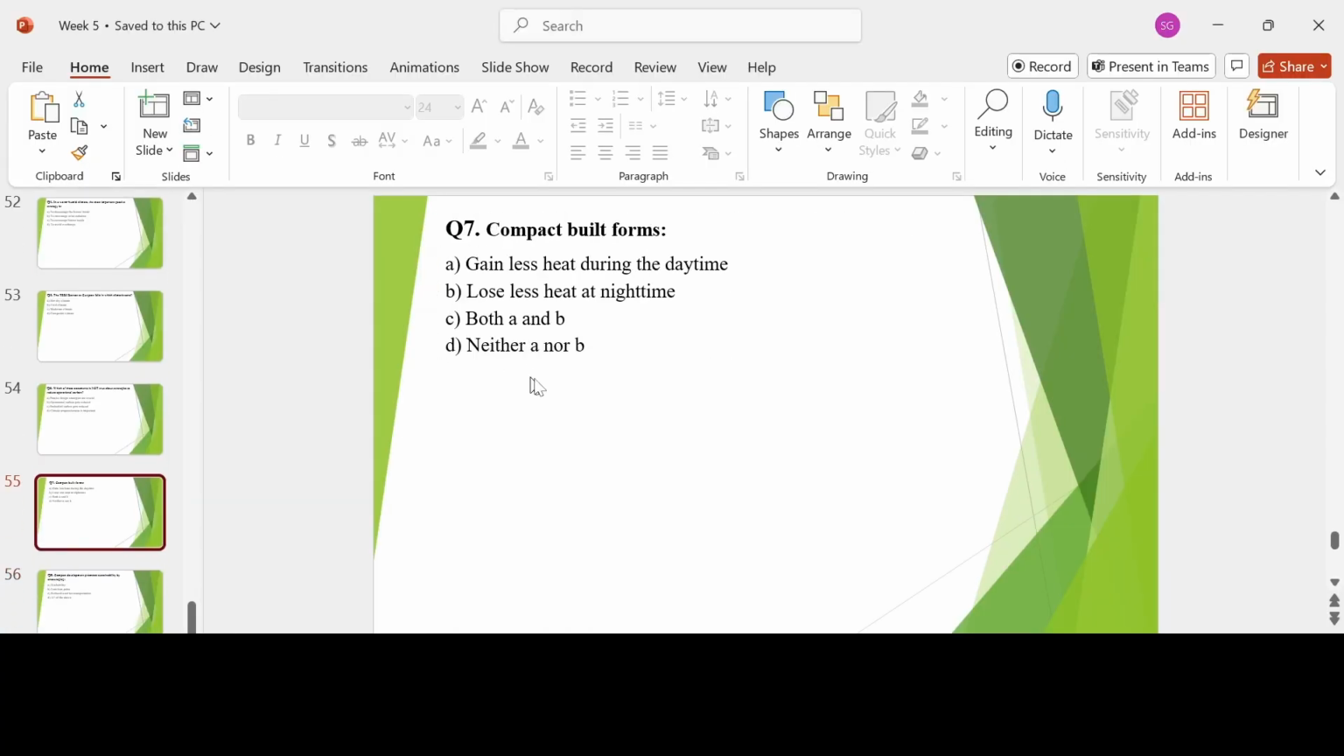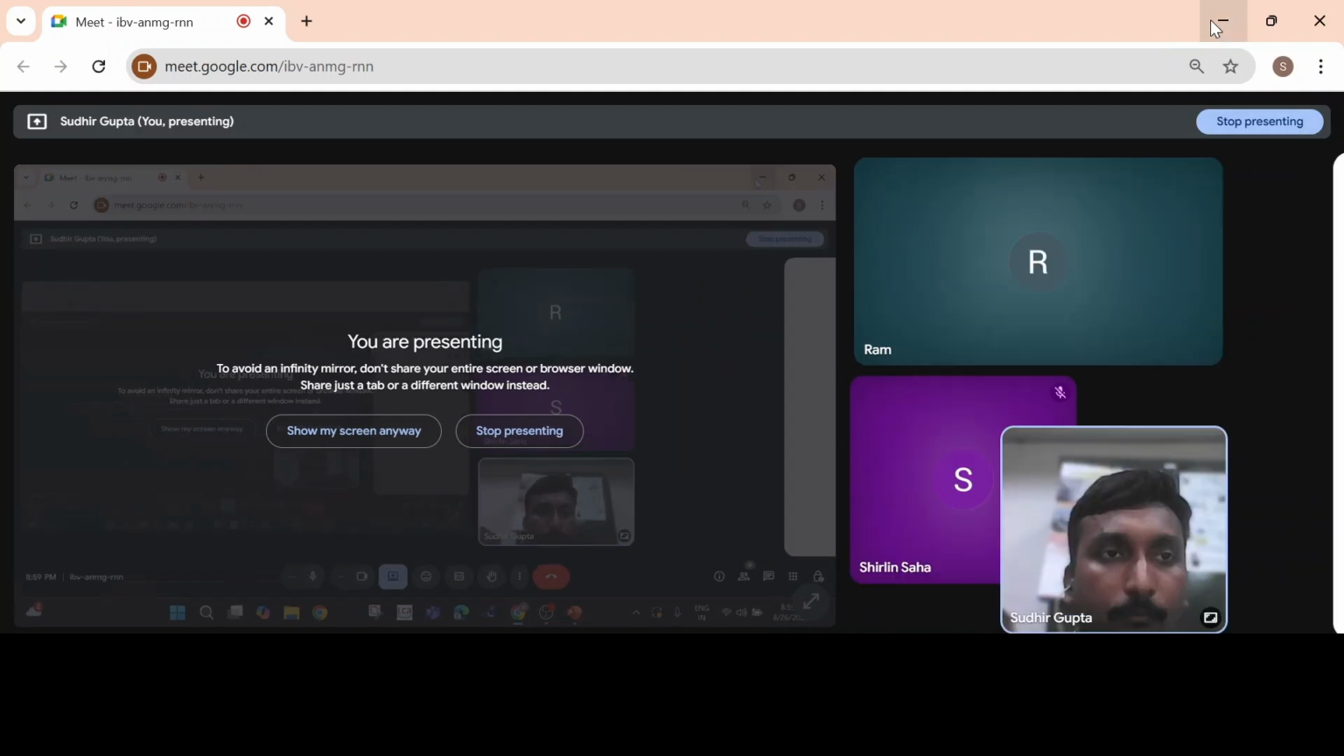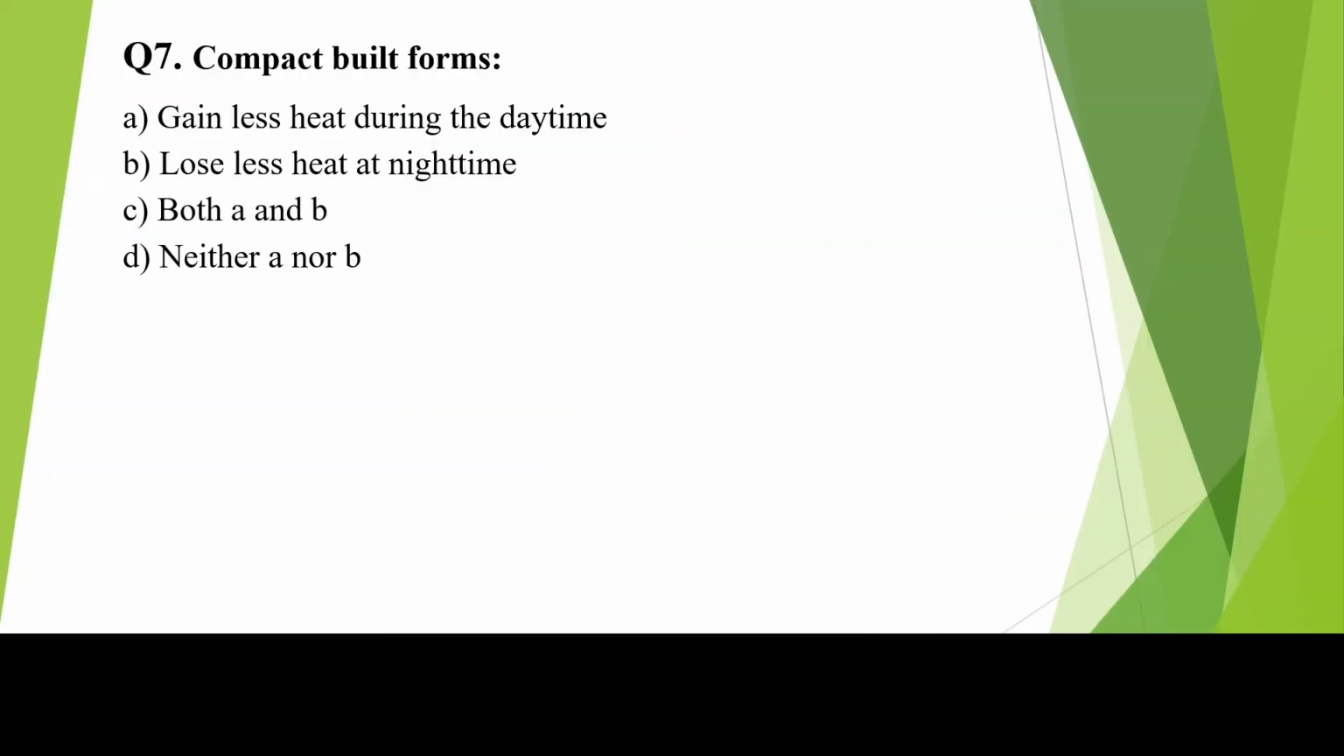I hope all of you have got the questions and answers, and I have received responses from many of you. Many of you are saying it's 7C. Okay, whoever has marked both A and B is absolutely correct, because this compact forms discussion I have